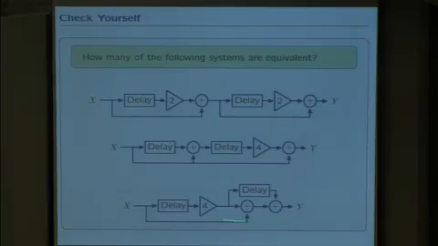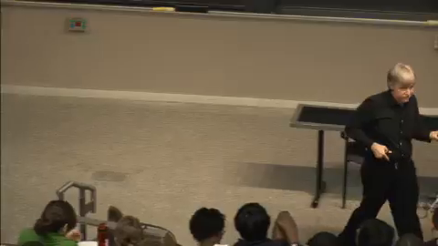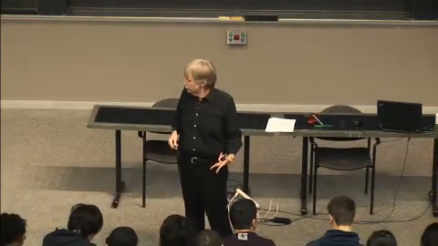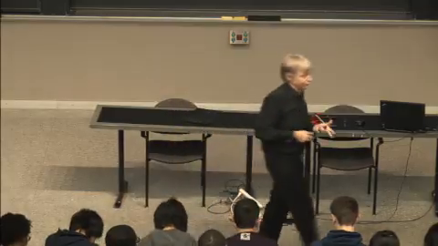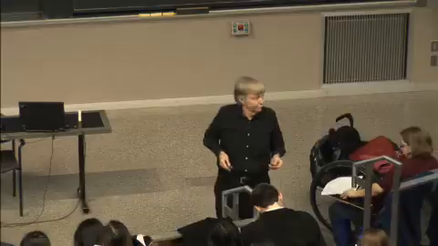This one, to get 1 delay, I take the center path. That's 4R. Each path has the same ways to get through the system with 0 delay, 1 delay, and 2 delays. They're equivalent in the sense that if you started them with initial rest, they would all generate the same output given the same input. So the answer is 3. Okay?